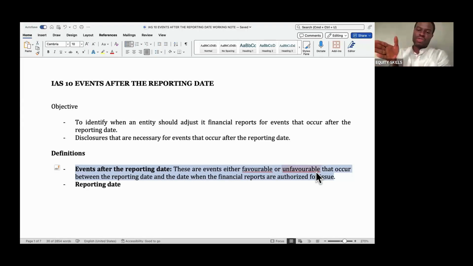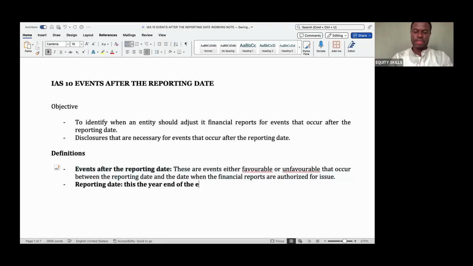That after needs to have a closure. And that closure is the date when the report are authorized for issue. So the reporting date, this is the year end of the entity, and the authorization dates,